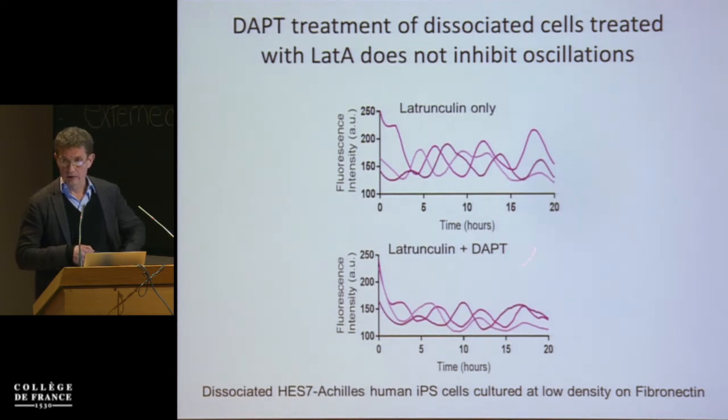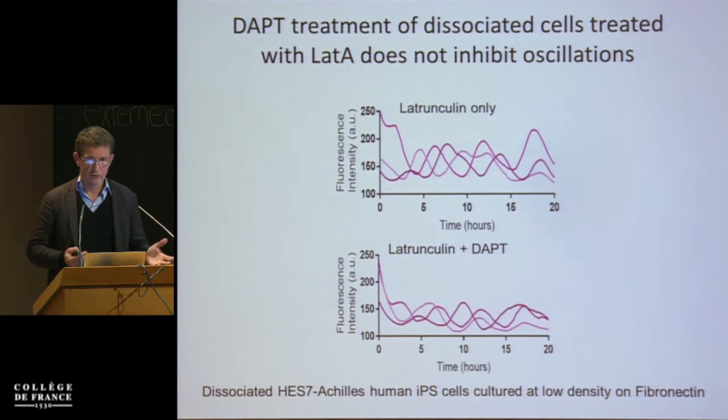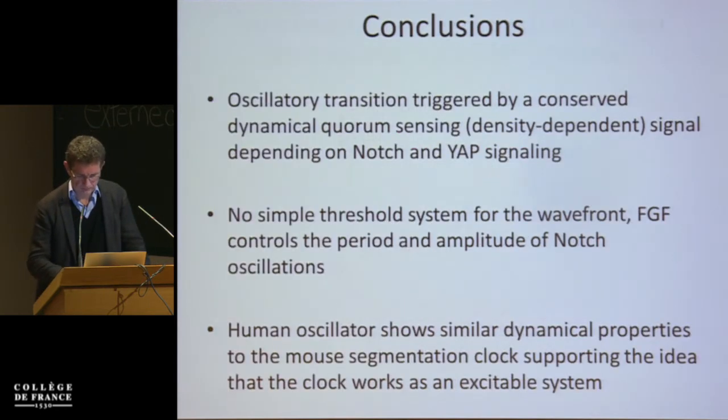There's no effect on inhibiting notch in this context, which is interesting because in this case, this is not the same reporter as the mouse. So that's the second example we have where using a notch reporter in cells in which YAP signaling is inhibited, you cannot block the oscillation of the notch reporter with the notch inhibitor DAPT, which suggests simply that we don't completely understand how notch signaling is working. So the conclusion from this part is that